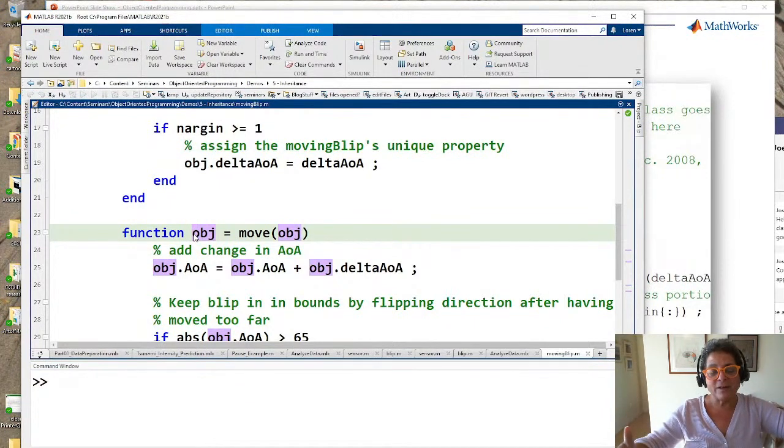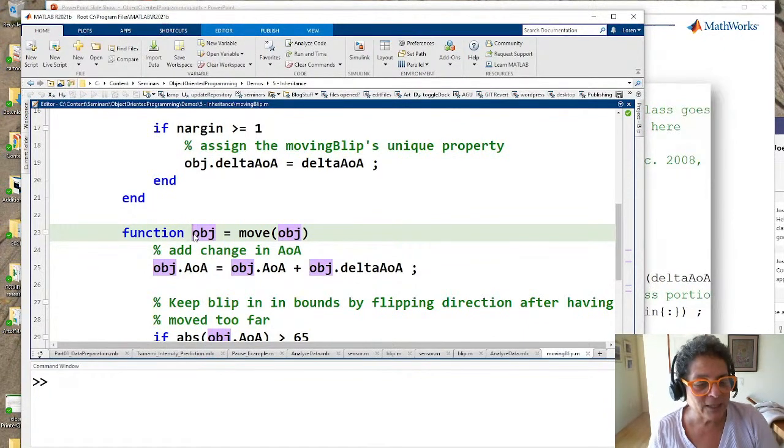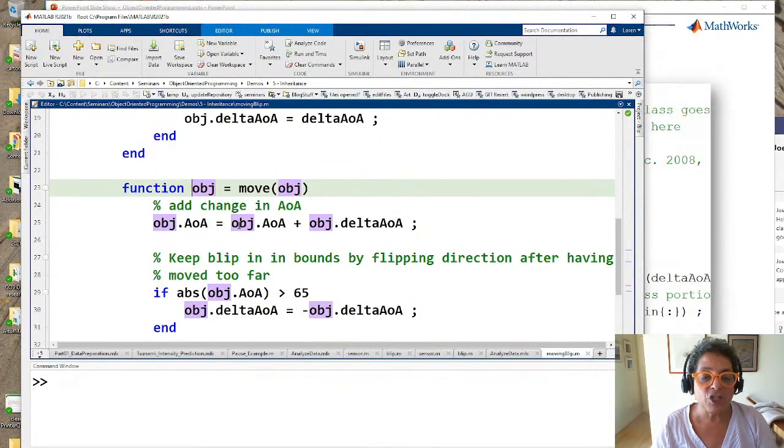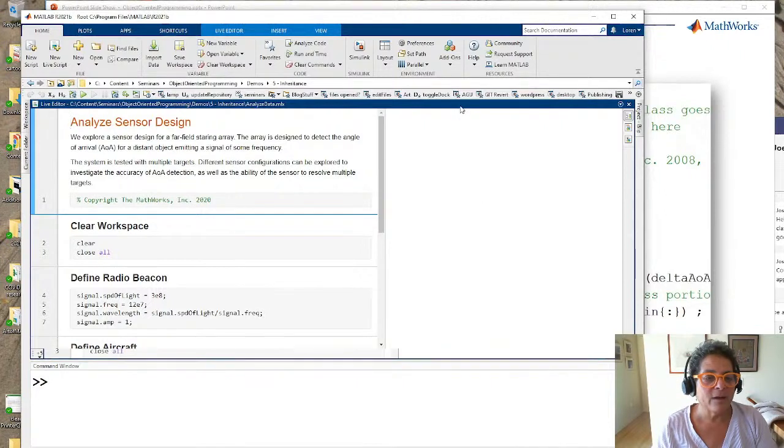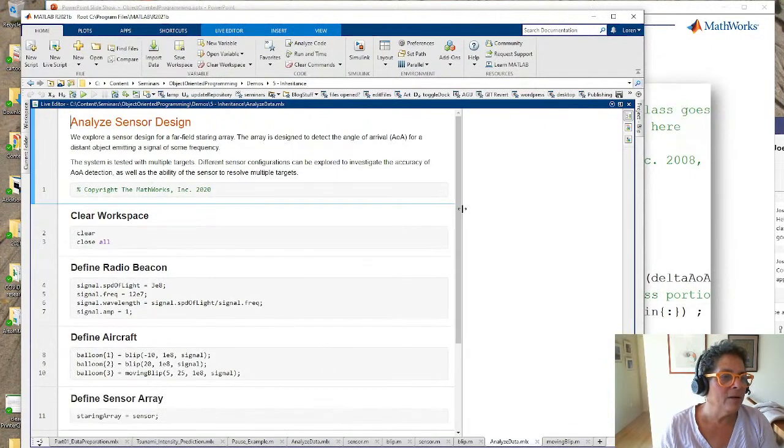It doesn't only act on its input, but it has to return an output. You will see in a moment that I don't actually need to do that here, but I'm going to just say, take my angle of arrival and change it. So we're going to do that in a bunch of time steps. And then just so the plot doesn't get way far away, I'm going to make it turn backwards if we get to a certain point. So I'm going to come here, and now let's see what's going on. So come here,